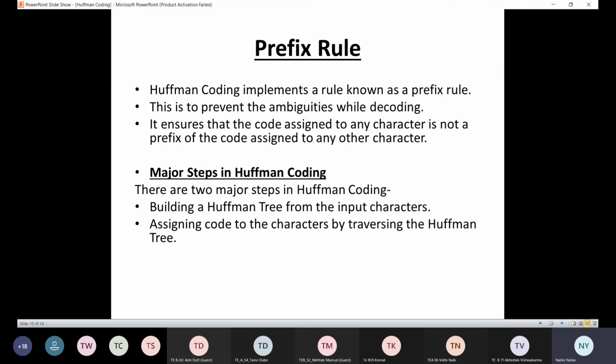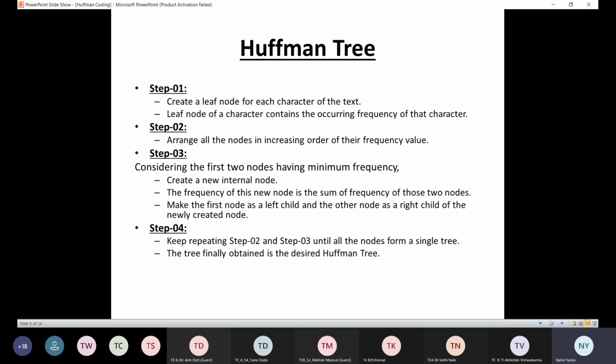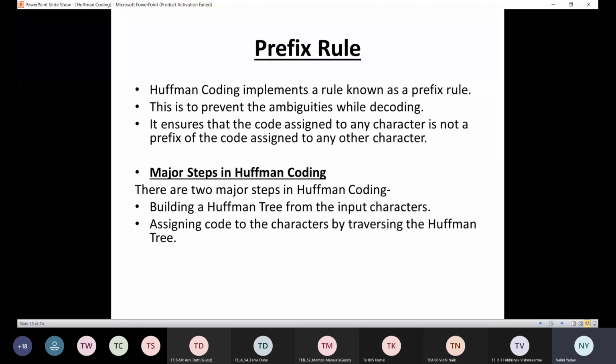Correct. So what are these prefix rules? What are these prefix rules? Huffman code implements a rule known as the prefix rule, right? This is to prevent ambiguities while coding. So it ensures that the code assigned to any character is not a prefix of the code assigned to any other. Fine. So I hope till here